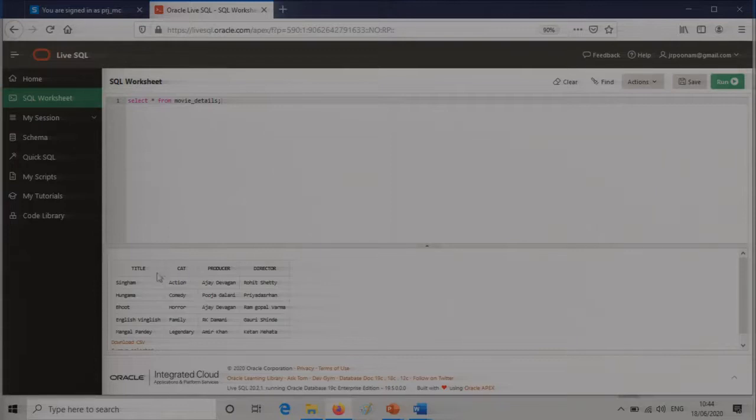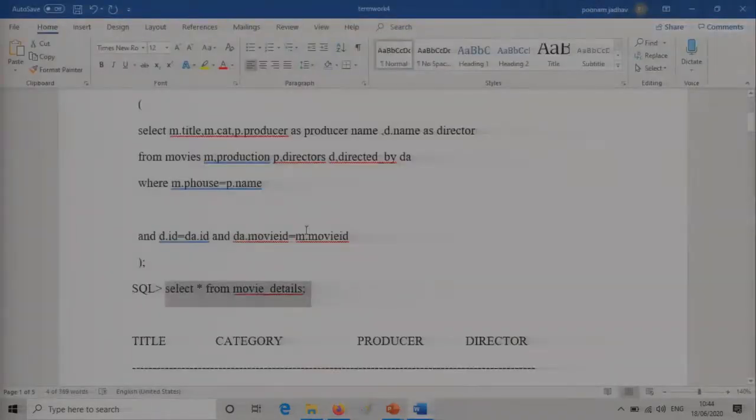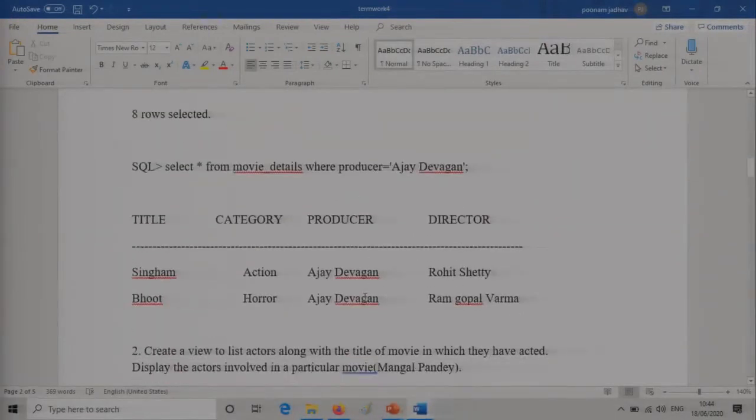Producer table had producer name, so that has come here. Director table had director name, so that has come here. Category and title were in the movies table. So the first two columns are from the movie table, producer is from the producer table, and director is from the director table. So what has actually happened is this is a temporary table created with these four columns extracted from different places. So this is the beauty of views.